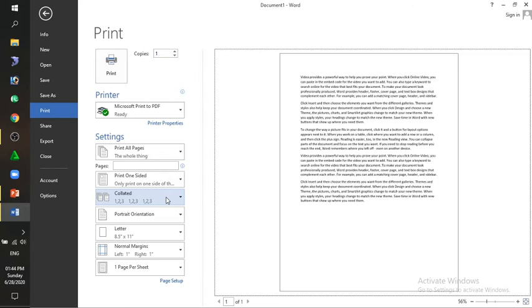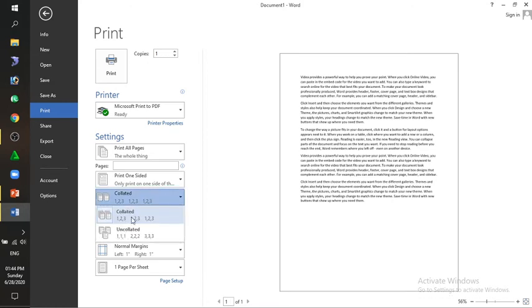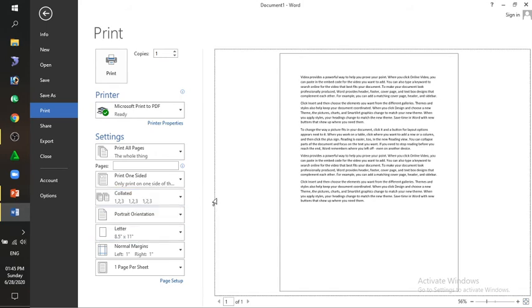So this is a set, and again the first page second time, second page second time, third page second time, and likewise the third time. So this is the collated format. So you can see uncollated and collated. So these are the 2 options.